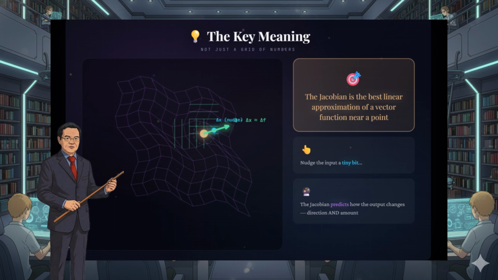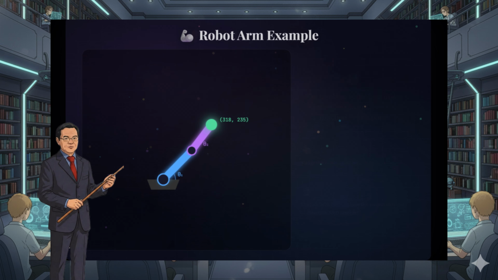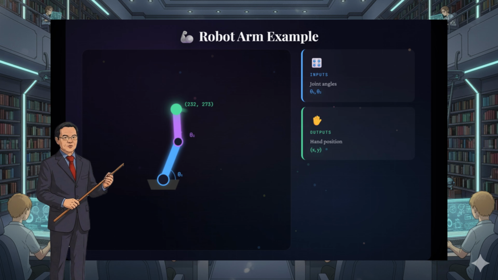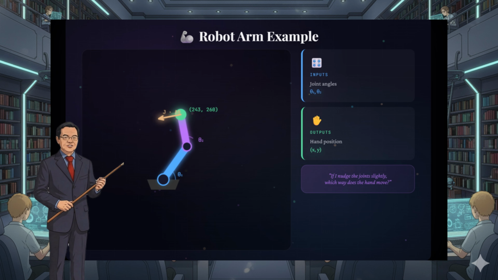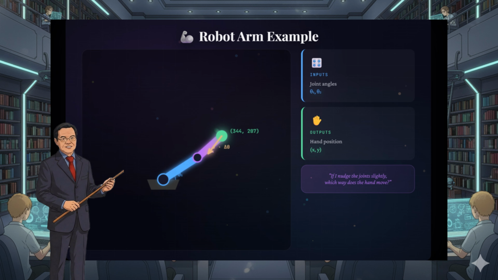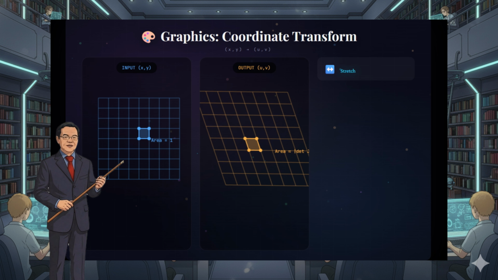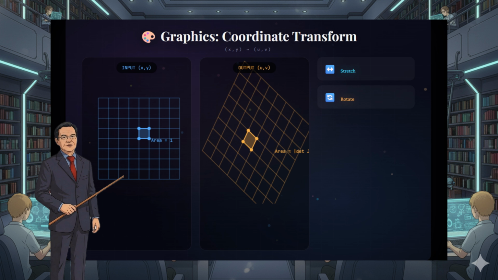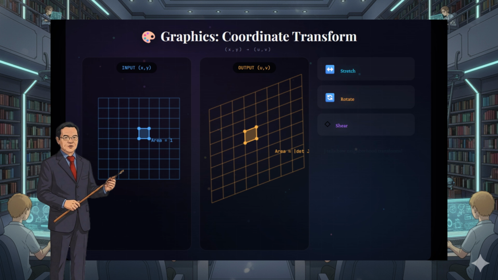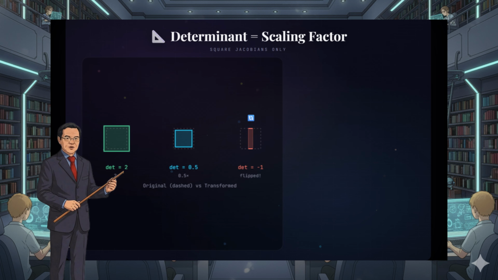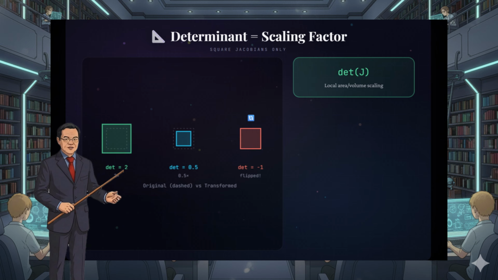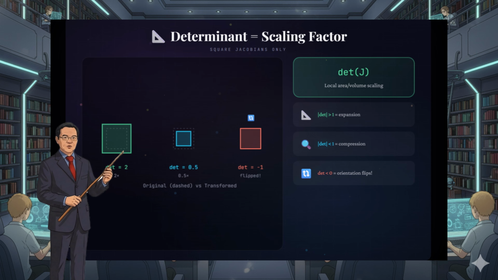Direction and amount. Robot arm example. Inputs are joint angles. Outputs are the hand's position. The Jacobian tells you, if I nudge the joint slightly, which way does the hand move and how much? Or in graphics, mapping x, y to uv. The Jacobian tells you how a tiny neighborhood gets stretched, rotated, and sheared. And if the Jacobian is square, its determinant has a geometric meaning, local area or volume scaling, plus whether orientation